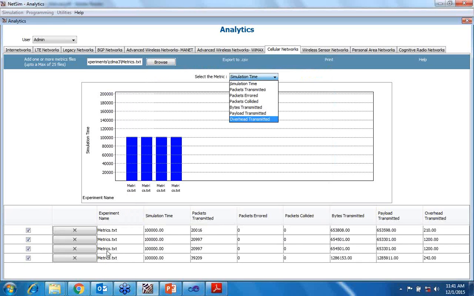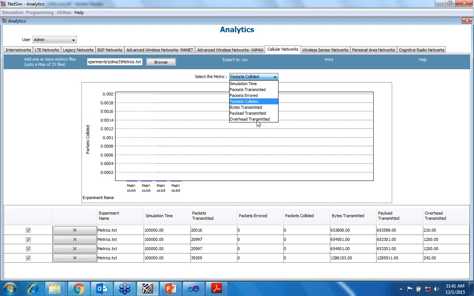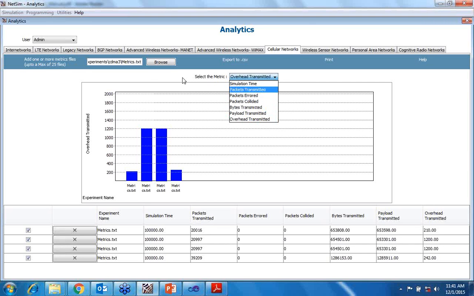So we can add some more metrics here and compare those metrics to different parameters like simulation timing, packet transmitted, packet error, packet collided, bytes transmitted, payload transmitted, overhead transmitted. So these parameters can be compared by adding different metrics here of the similar networks. So this is to compare the network.